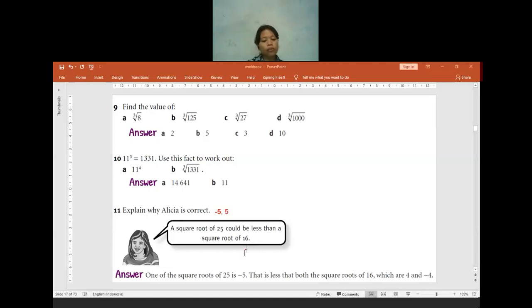Is there anyone who got confused or maybe my explanation is too confusing? No? Okay. If no one got confused, this is the last question from chapter 1. I will move to chapter 2. We still have like 5 minutes left. I will discuss maybe one question in exercise 1.2. Really, no one has a question? Okay. I will move to the next page in your textbook, page 11.